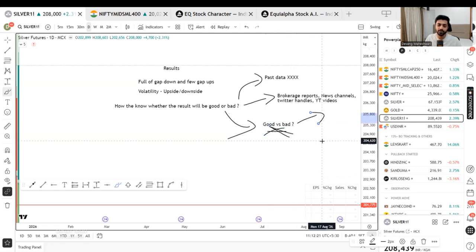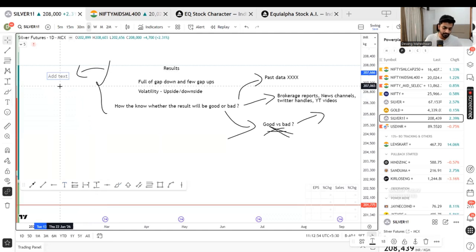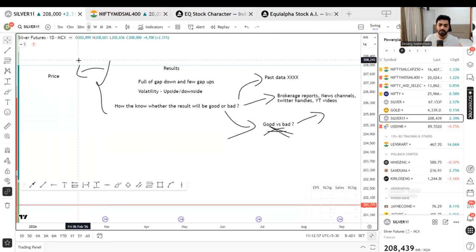What percentage of result growth is good, and how do people judge it is good or bad? At the end, they judge based on price only. Say the result came today, and in the next 3 days price is 40% up, now everyone can say that it was a good result, right? That's why price moved. Most people I've seen who get too stuck in results, in analyzing, in going deeper, in debating good versus bad, their decisions are mostly influenced by the price itself. So price moves up after results, it's good.